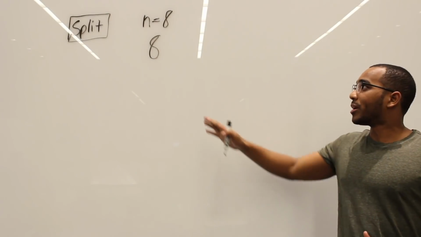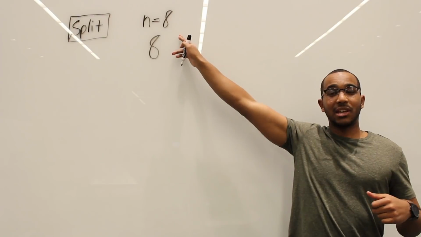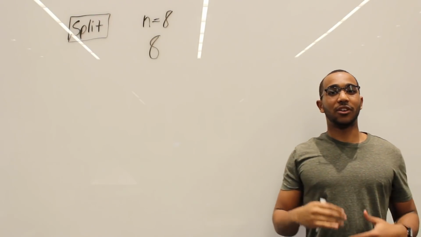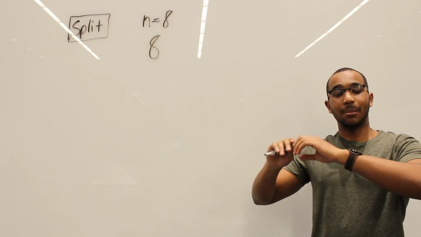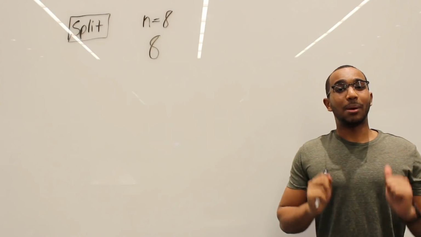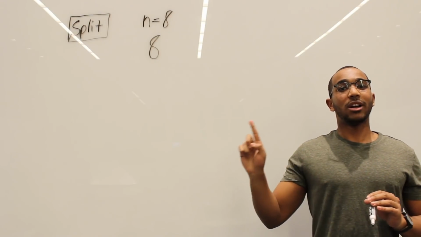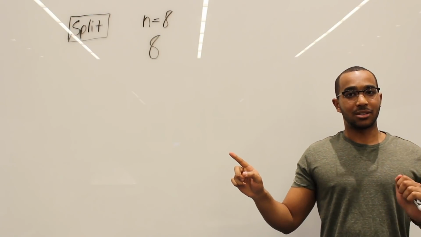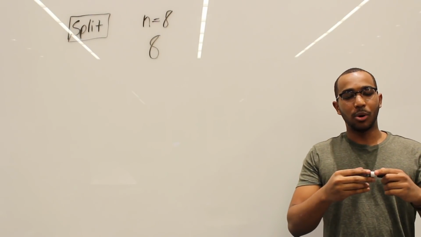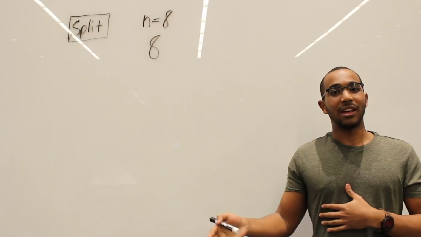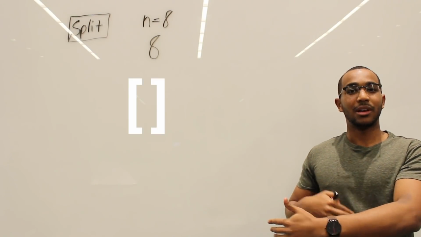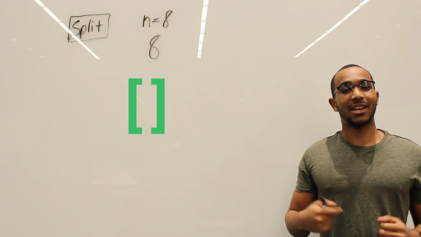All right, so we have n equals 8, and we start with an 8, okay? How merge sort works, if you're not familiar with it, is we split the input. We split until we reach a base case. Our base case is one item. One item is a sorted list. Our base case is when we have knowledge of what our input requires in terms of output. If I have a single item, that's a sorted list. If I have no items, that's a sorted list. Those are our base cases.